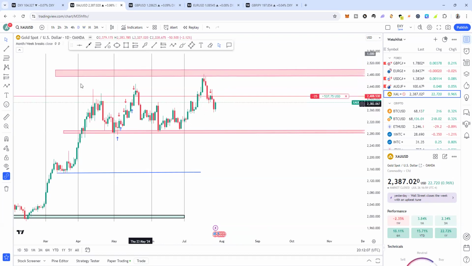But if you ask me, like I said, if I want to be biased because I trade gold a lot, I'm praying that price should actually pull back very well so that there'll be a better opportunity to jump on a buy and follow the trend to the upside.